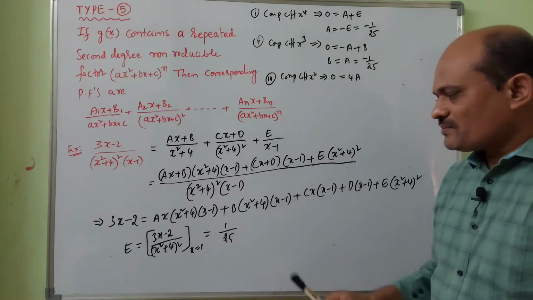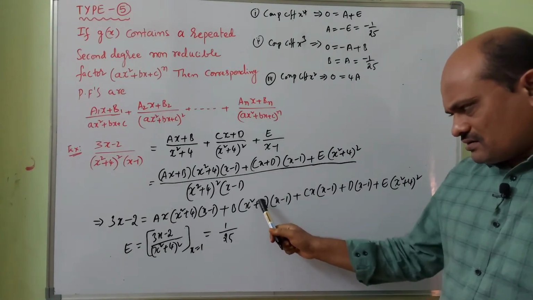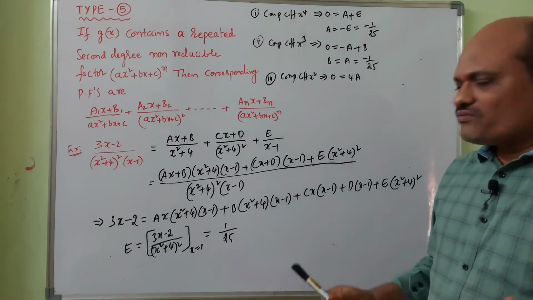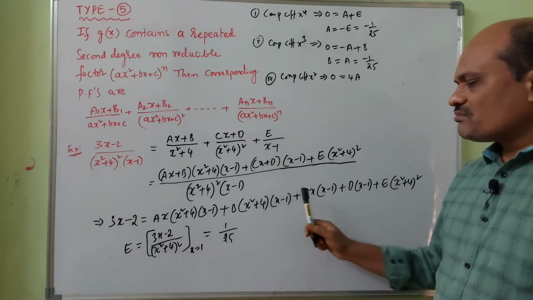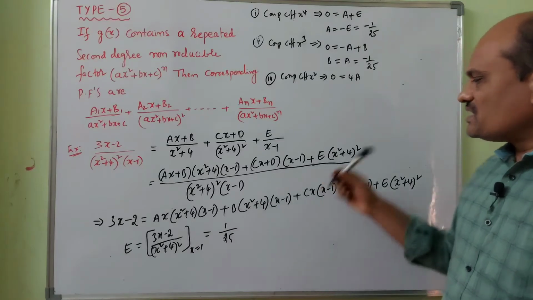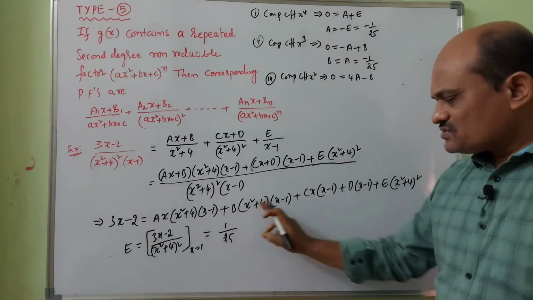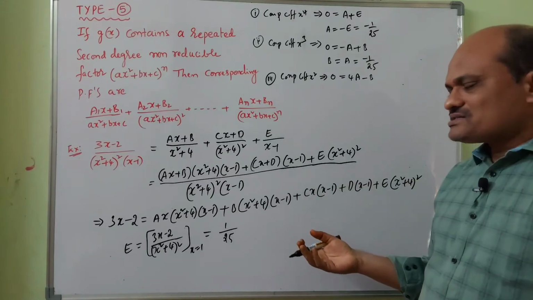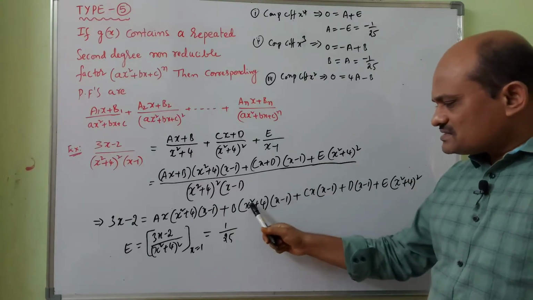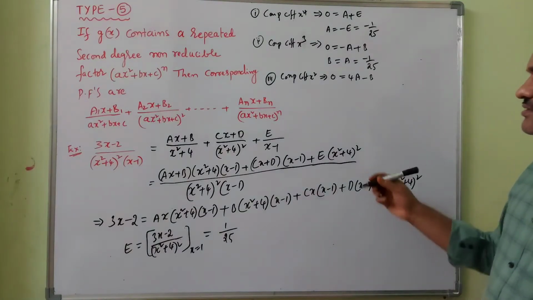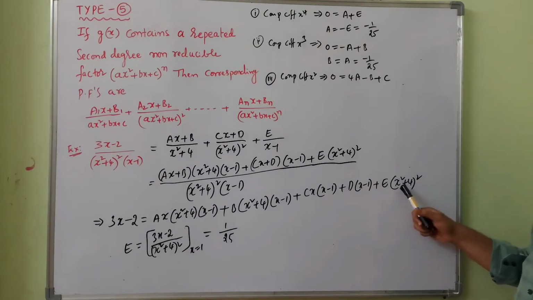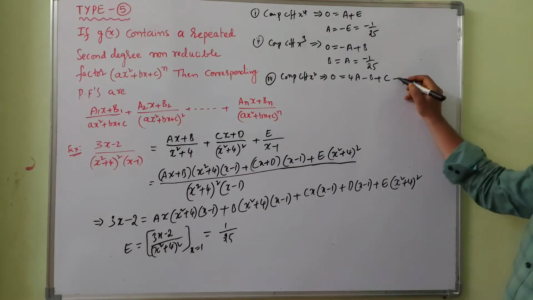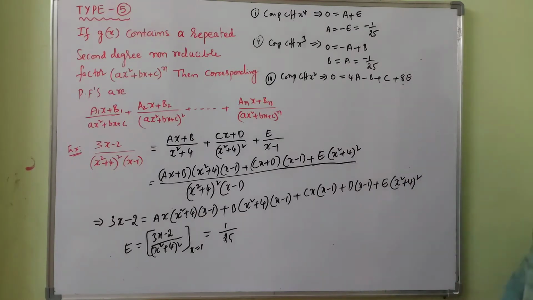Here, if you multiply these two, what will be the x square coefficient? You get x cube minus x square plus 4x minus 4. So here the x square coefficient is minus b. Here you multiply these three factors, you expand, and you can understand that the x square coefficient is c. If we expand like a plus b whole square, what is the expansion? x power 4 plus 16 plus 8x square. So what do you get? 8e you will get. 8e is the x square coefficient.